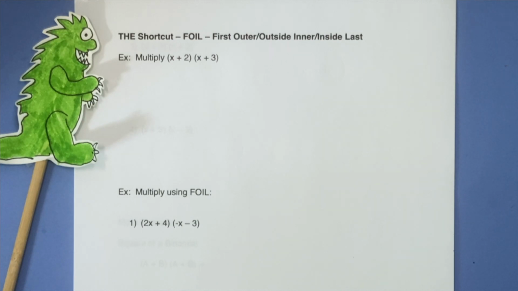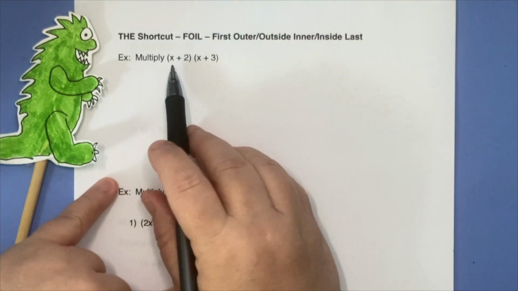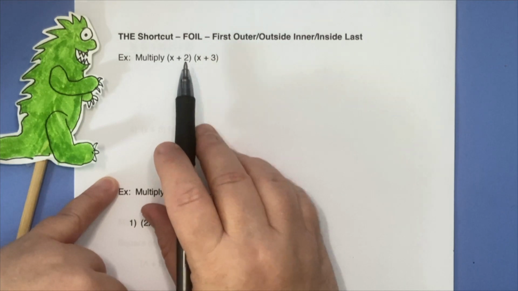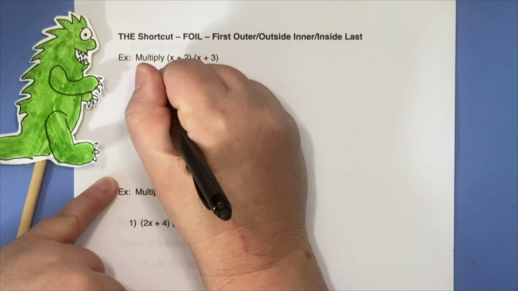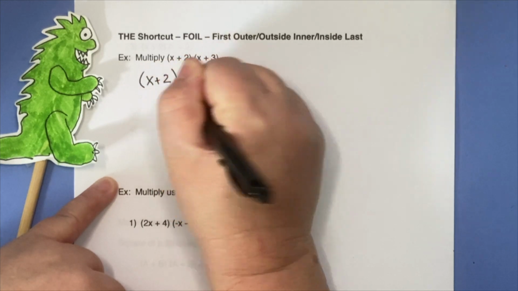So in this particular situation that I've got, the quantity x plus 2 times the quantity x plus 3, if we use the old method,